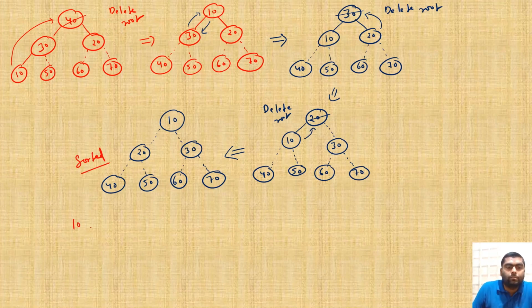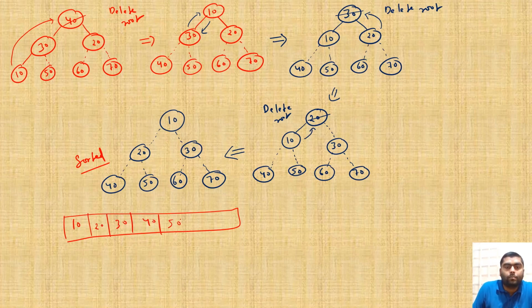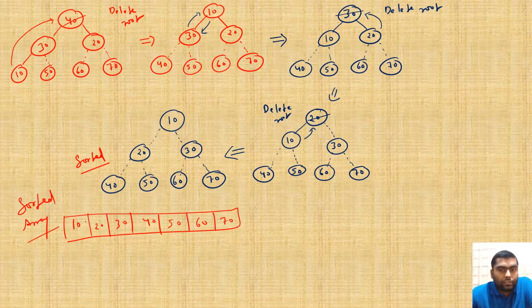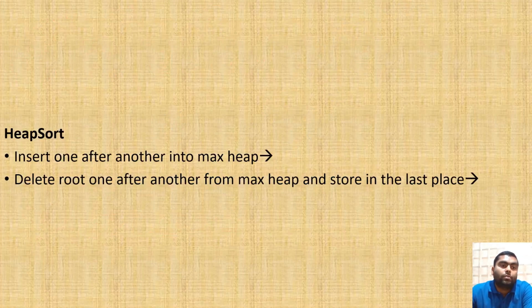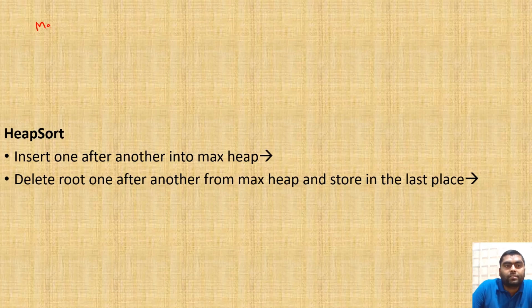So what is the value? 10, 20, 30, 40, 50, 60 and 70. So sorted array. Okay, so this is the heap sort basically, and you know how to delete and how to do the things. So a few important points, like if you have a max heap,